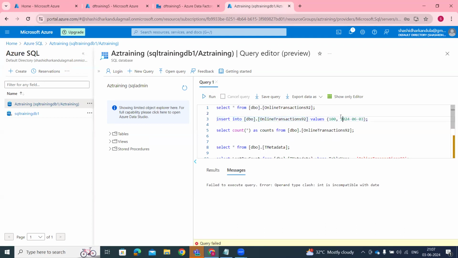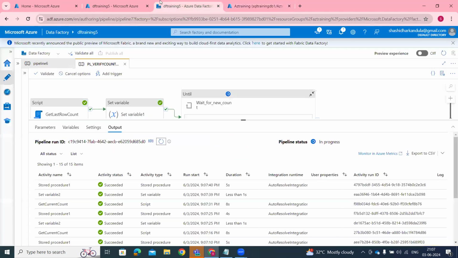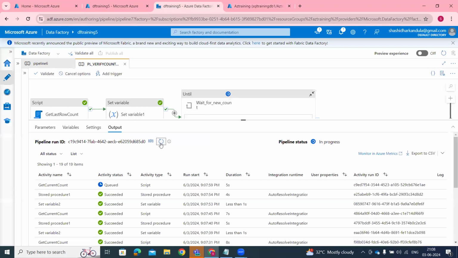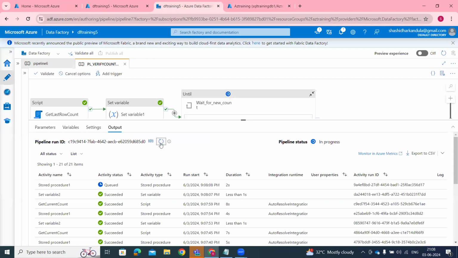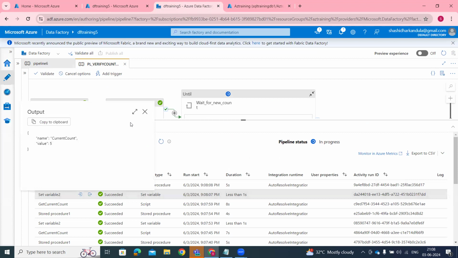Oh, sorry, it is a string. Query affected one. Let's try to refresh it again. Stored procedure success, set variable 5